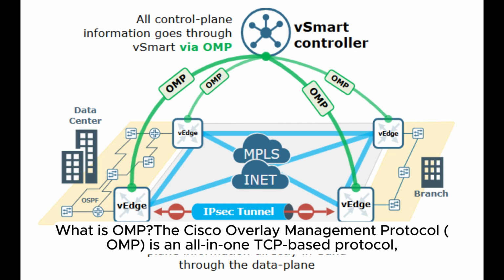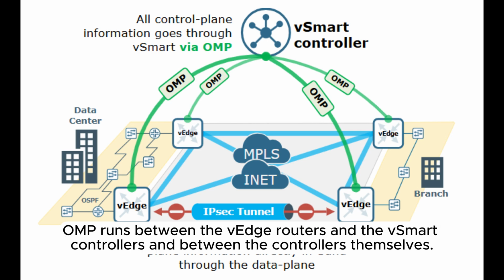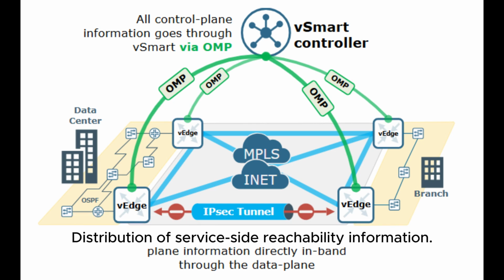What is OMP? The Cisco Overlay Management Protocol (OMP) is an all-in-one TCP-based protocol, similar to BGP, that establishes and maintains the SD-WAN control plane. OMP runs between the vEdge routers and the vSmart controllers and between the controllers themselves. The protocol is responsible for distribution of transport locators (TLOCs) among network sites in the SD-WAN domain,